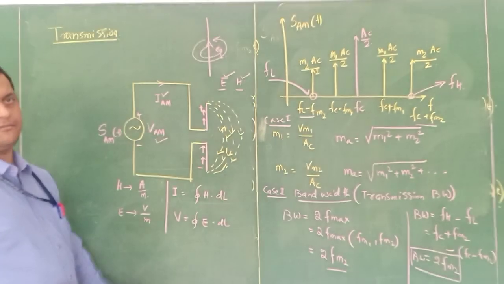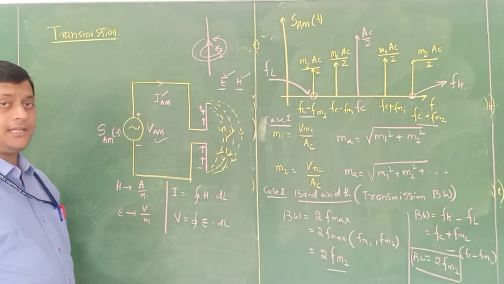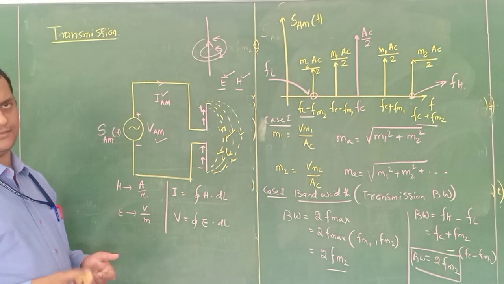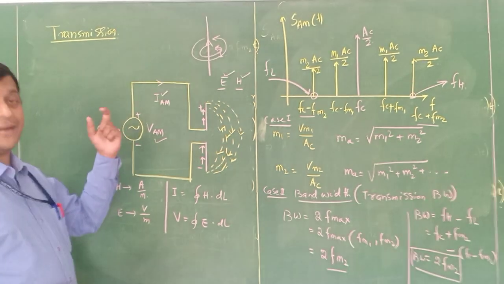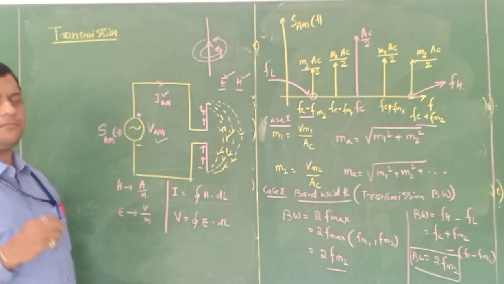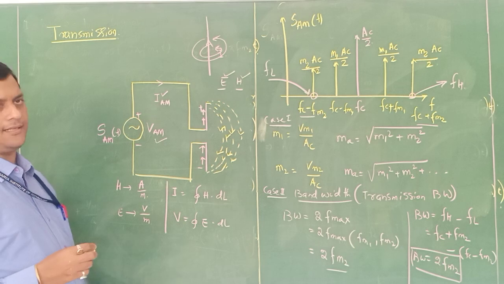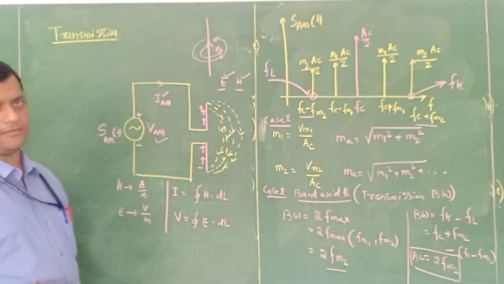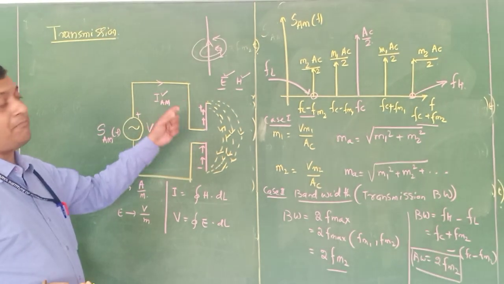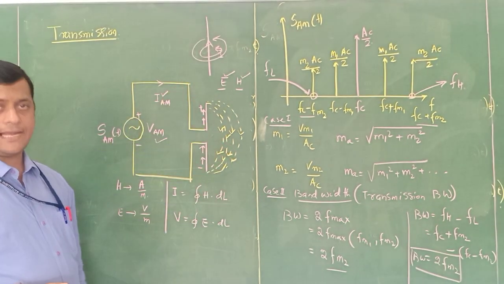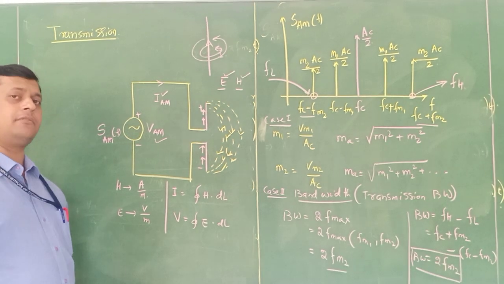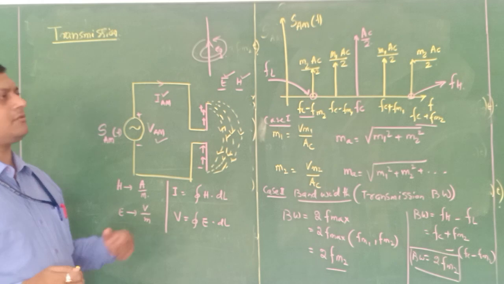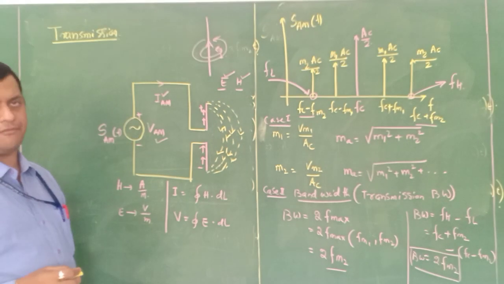Yes, we are generating AM signal, but how can we measure it with the help of some factors, with the help of some relations, so that it can be analyzed practically also. Mathematically and practically we can do all these relations step by step. So for that I need to calculate power transmission. Okay. What is the power I am going to deliver in a particular channel, so that it will reach the receiver end in a safer way with less deterioration. That is my motive. So first I need to calculate the power.